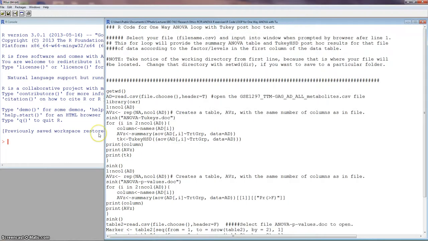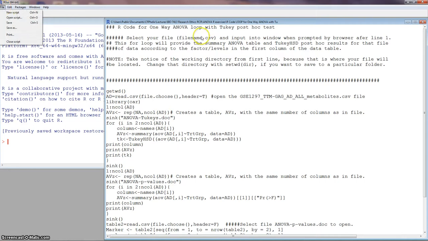Anyway, you open R. There are instructions for downloading and installing and getting packages and things like that. So if you're missing a package, like in this one, we need the car. We call it up by library car. You'd have to go find that and get it. Anyway, that's not our purpose right now. What we want to do is